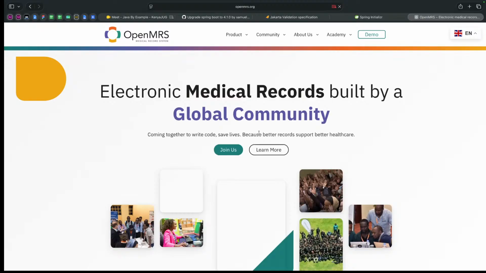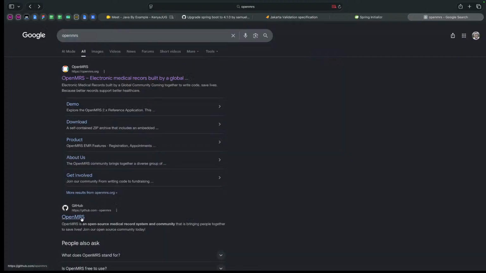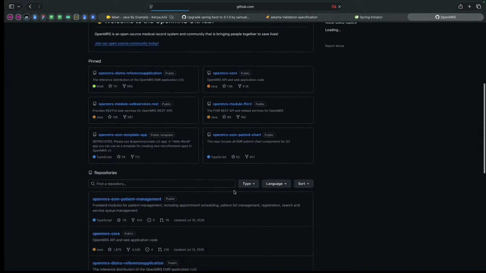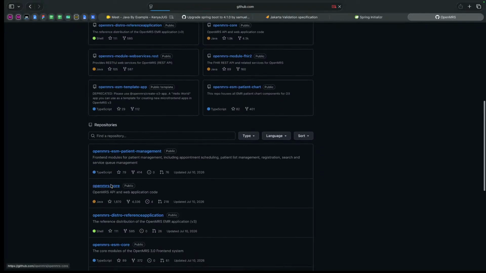The Kenyan version is Kenya EMR, which is a fork of OpenMRS. Their code is on GitHub, and I think they are still using the old style Hibernate, unless they migrated it. Maybe I'm wrong. So if I check out OpenMRS core,